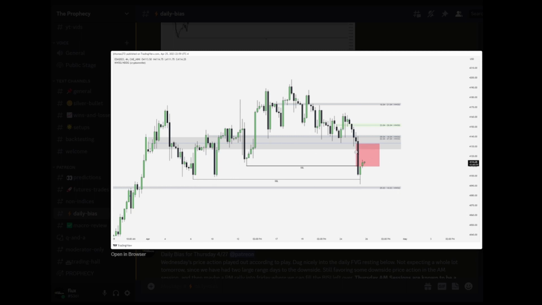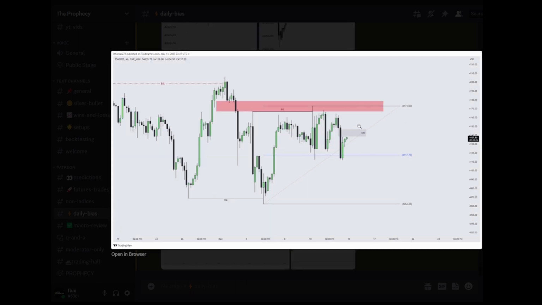then we were filling another imbalance. So we had a large expansion move lower, expecting consolidation. So that next day I was not expecting a large move up or down. We had this SIBI that I was expecting us to just chop around since we got expansion, so I just wanted to see consolidation follow after. Then here's the example from this week where we are kind of just chopping in the middle